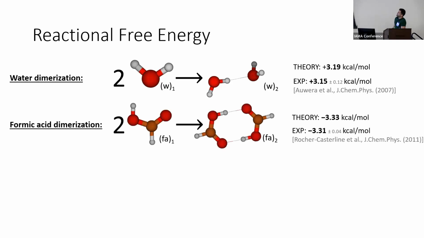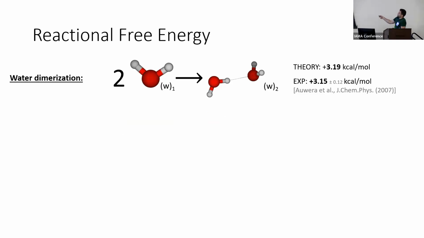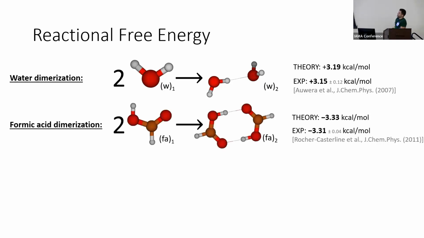That seems nice. By the way, with this type of reaction, you can see that I get a positive, I should say, this is the positive binding Gibbs free energy. So this type of reaction is rather unfavorable. This dimer would fragment apart, most likely. Then I have a different one where I have the negative value. So this cluster formation is favorable. And again, the theory looks quite good compared to experiment.